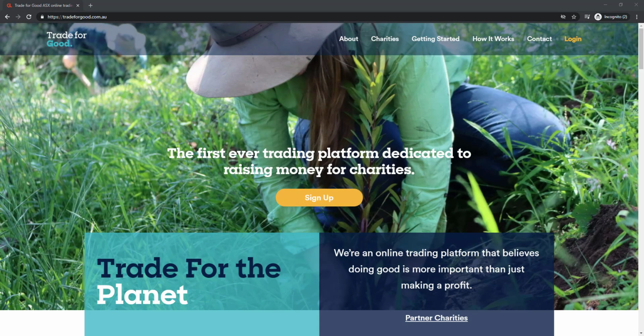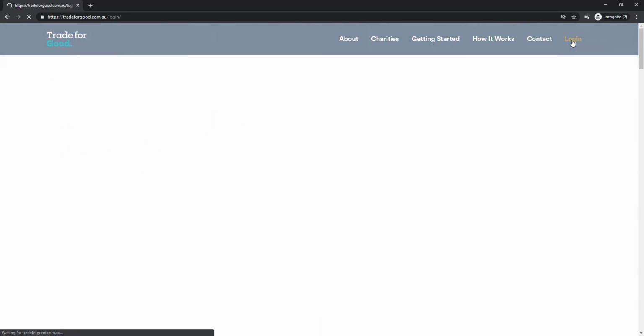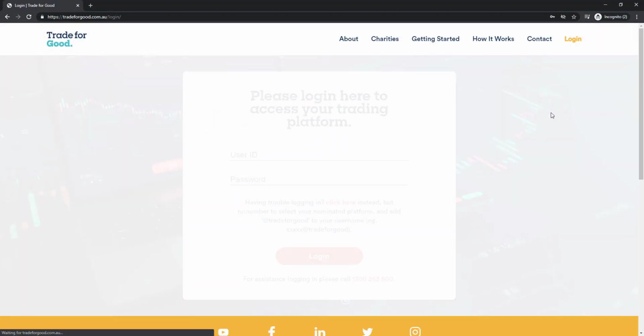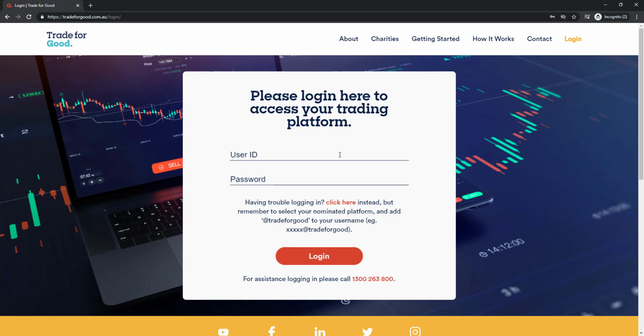So let's start. Let's go up to the top right corner to the yellow login button up there. We left click on that and it'll bring up our login page. So all you need to do is pop in your username. In my instance it's demo. I pop the password in and then I click the red login button, which just turned white,